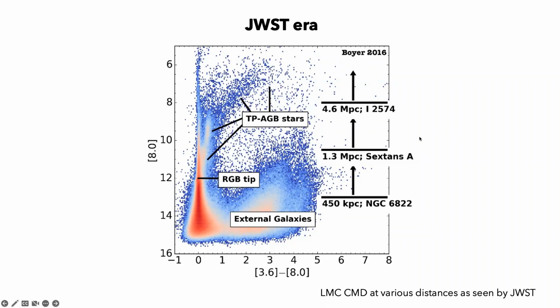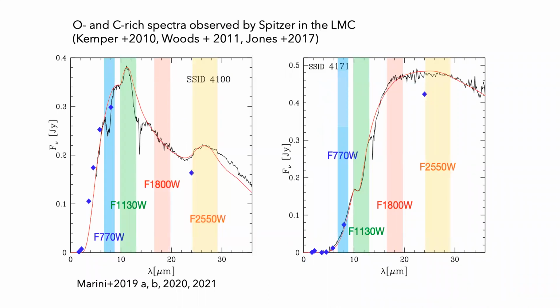Of course, studying these galaxies in the infrared band with MIRI will deliver much more constraints and information. And to be prepared, in the last year we explored which could be the best combination of filters with the JWST to better characterize and distinguish the different kinds of stars and determine the dust production from them. This was led during her PhD by Esther Marini, and she started working on spectra that